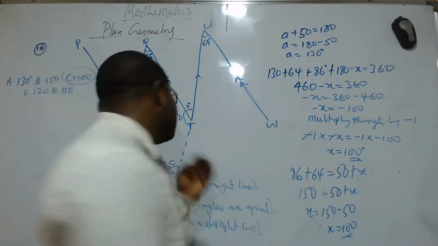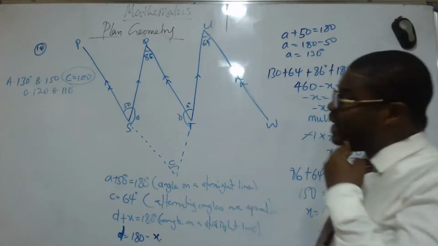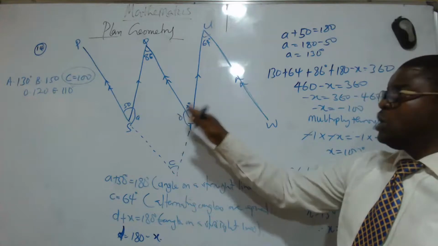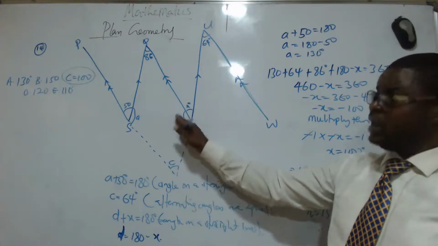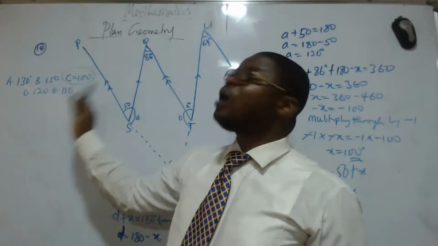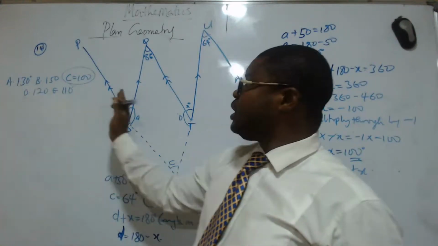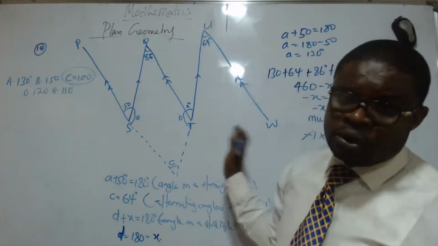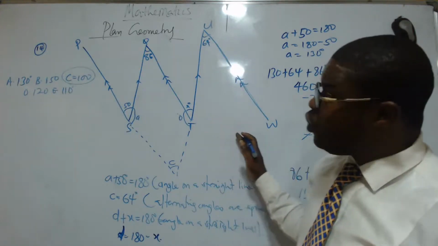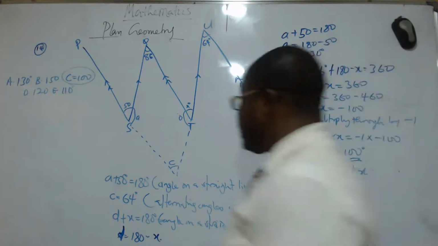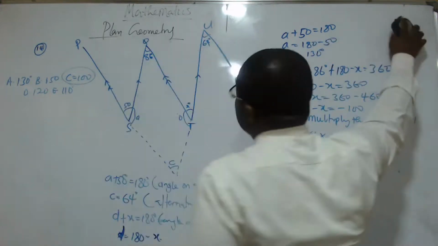So to be on the safer side, it is better extending the middle lines. It will be helpful in solving problems like this. We cannot extend this because we are not given angles on that side. So extending this now will only cause chaos in the solving of this problem. And before we know it, we waste our time in solving this. So if that is the case, let's proceed. Let's see the next one